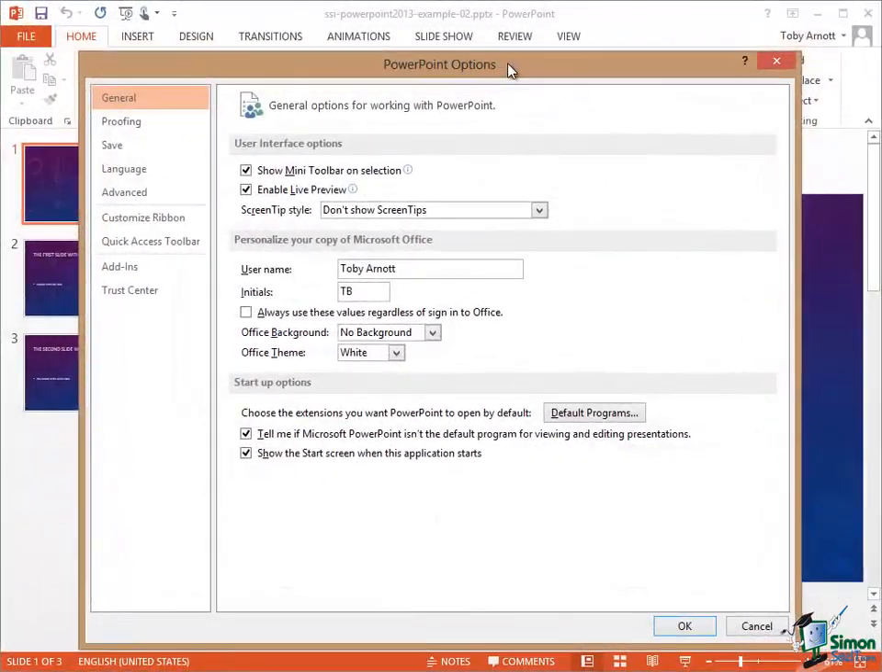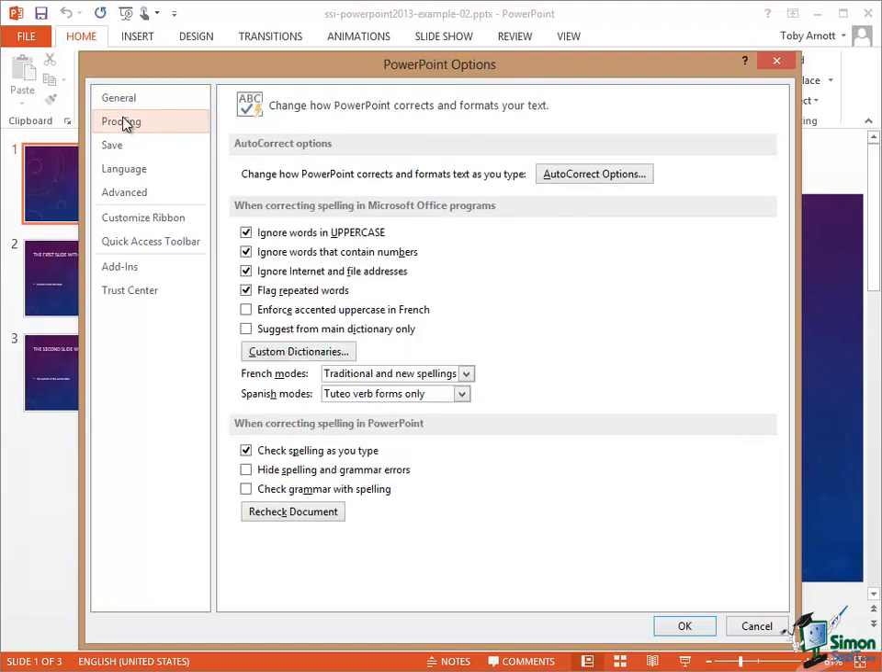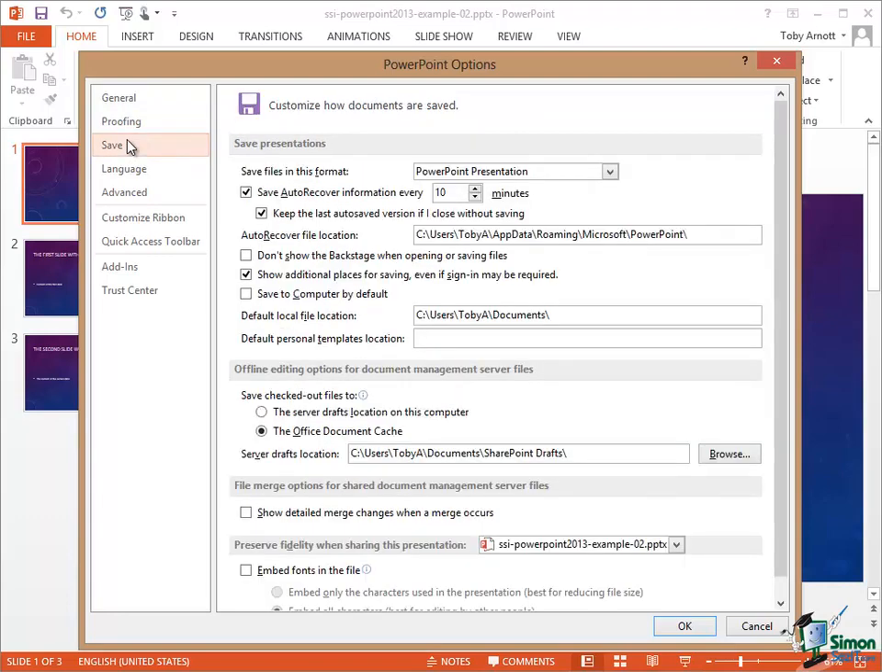Now regarding the other PowerPoint options, many of them we're going to come back to later on. So for instance the proofing page, which relates to autocorrection, which we'll come back to when we talk about checking spelling and grammar. We'll look at these options. The save options also we'll come back to. One or two of these you may want to take a look at now. For instance, roughly in the middle there, default local file location specifies where your presentations are saved by default,